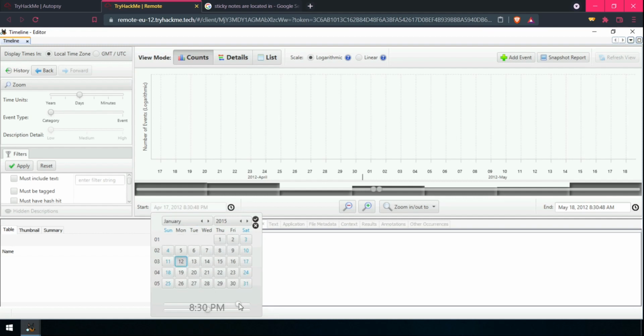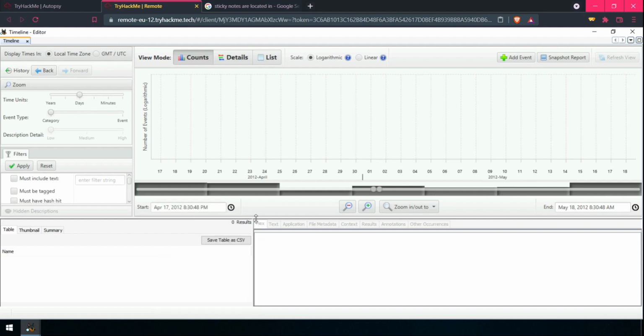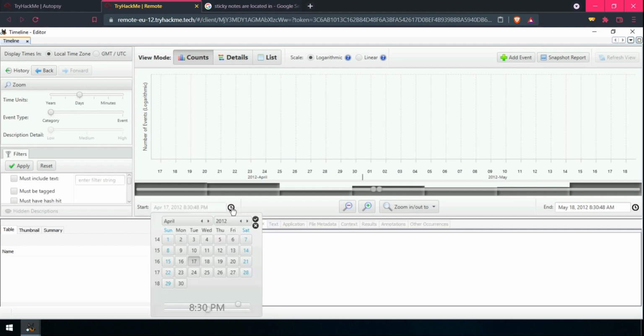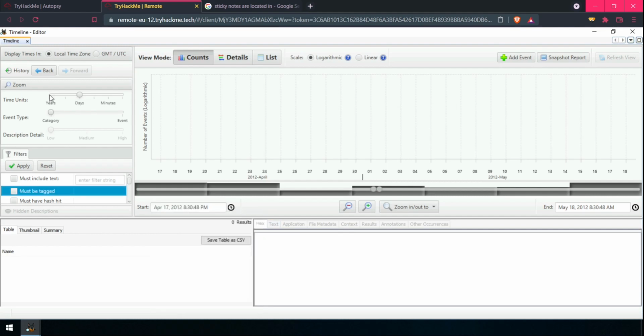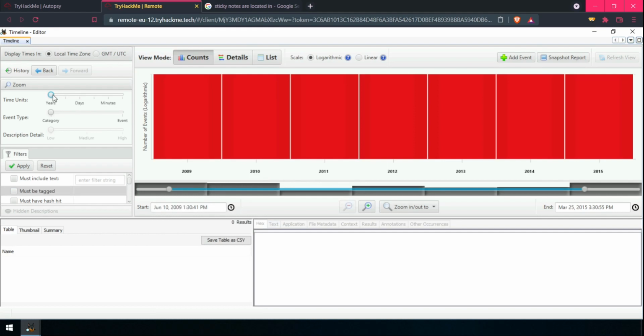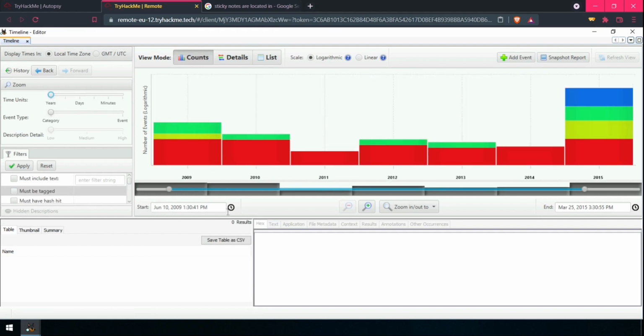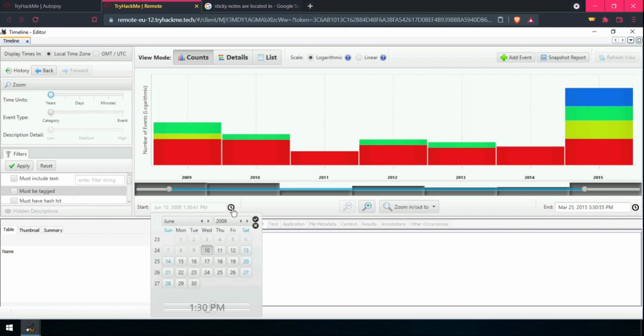I will put the time as 12 AM, as it means that it was the start of the day. Why is it not working? I think I have to put it here only. Let's set the time now.